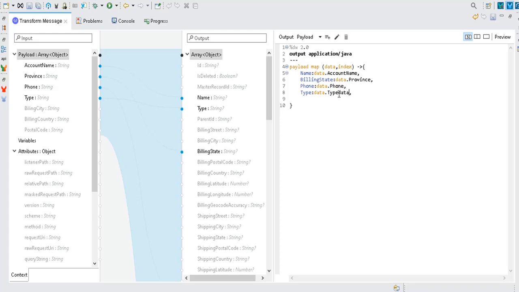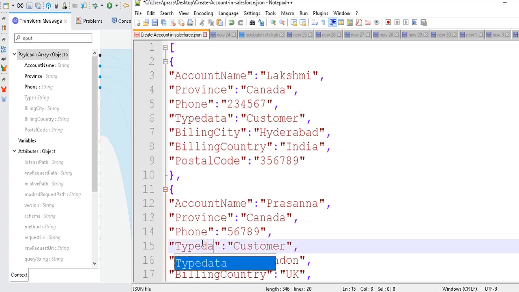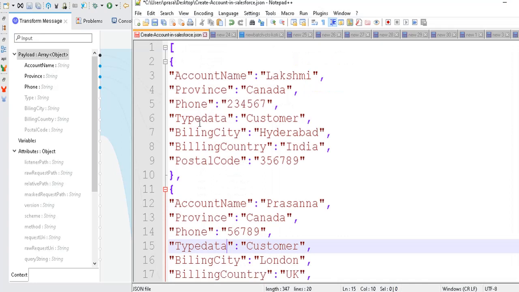I'll change this name to type data. In our example, while sending it, you need to give this type data just to avoid errors. You should not use the same keyword. So that's why for now it is fine. We can map it as it is, as we have changed this name. So you need to provide this name here while sending it from Postman.